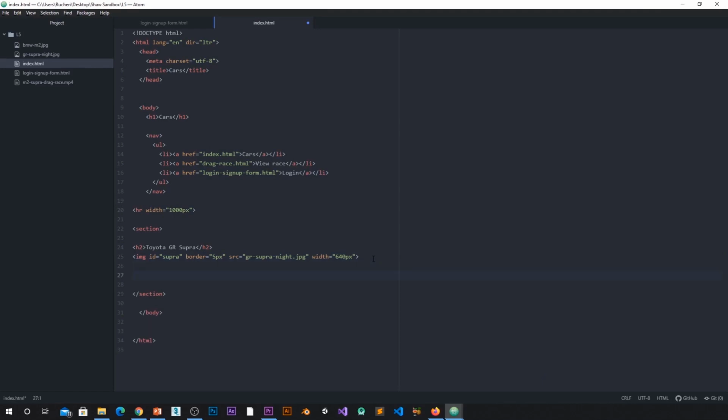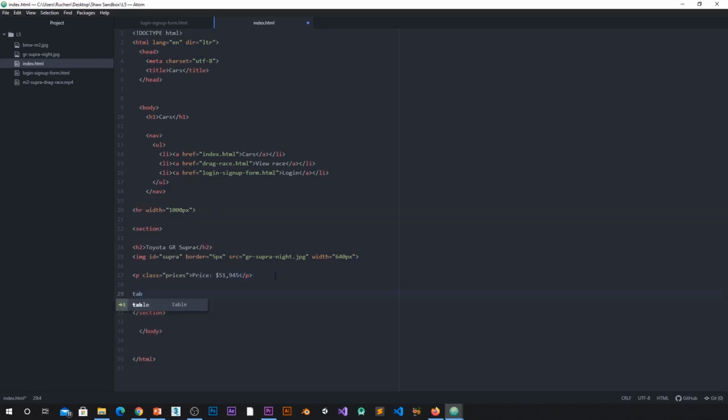Next, I'm going to add a paragraph tag. And this paragraph tag is just going to be the price of this particular item or this particular car. So price. And this one comes in at $51,945. I'm going to give this a class because later on I'm going to create the same thing for the BMW, and I want the classes to be edited accordingly. Remember, this is the difference between an ID and a class, and I will be demoing that in this lesson as well. So I'm going to just call this prices, save that, and now I can start with my table,